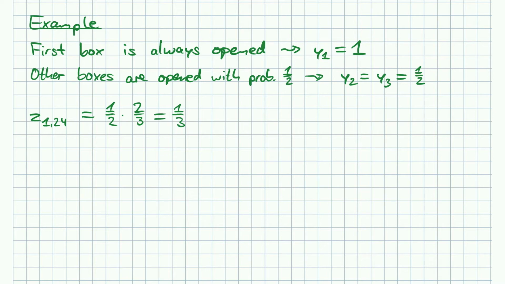Then we also have this z_{3,12}. What's the probability that we're taking home the 12 from the third box? This is exactly a half, because this was happening when the 24 box turned out to be empty, and then we were going to the 12 box. And we can also take home a prize of 30 from the second box. When does this happen? This happens when we find the 24 in the first box and the 30 in the second box. So this is happening with probability a sixth.